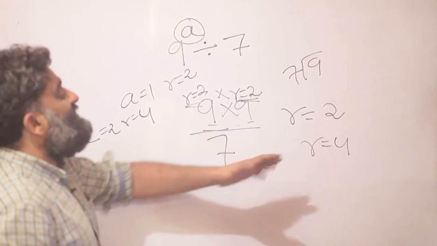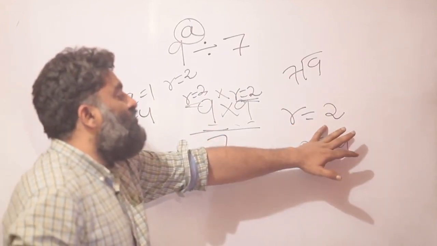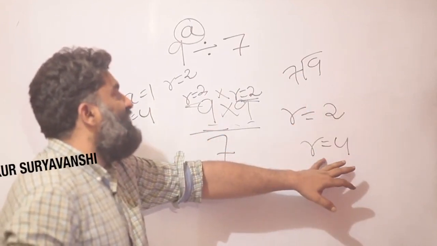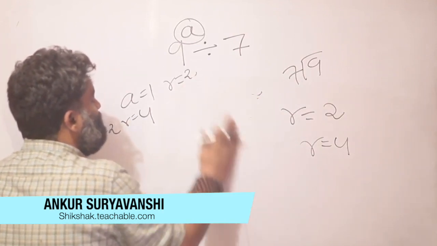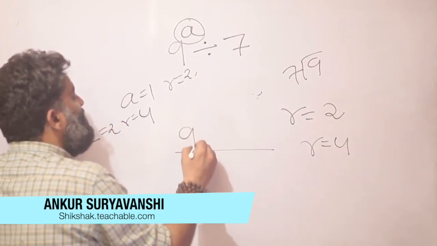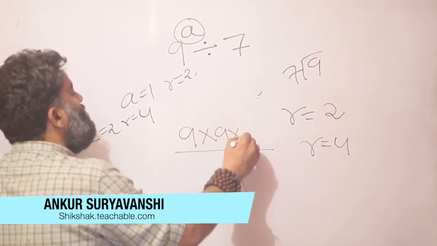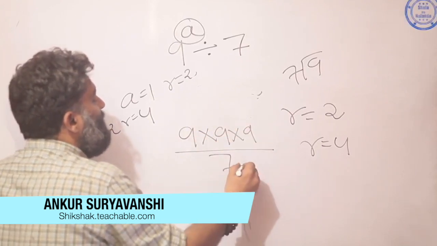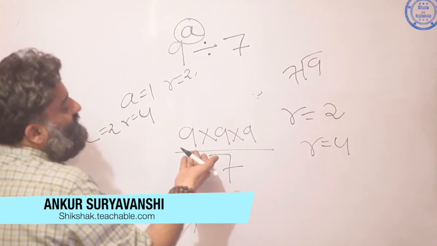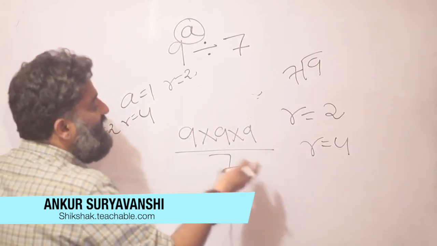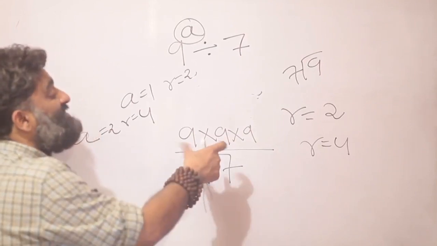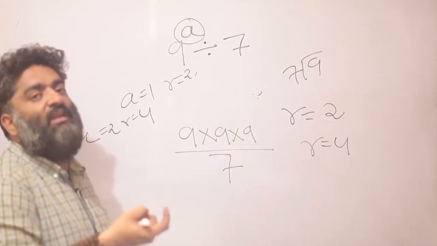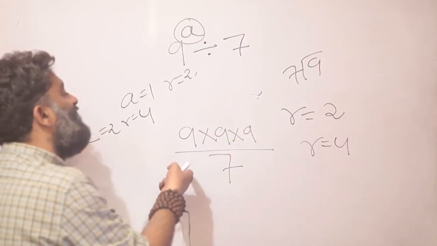So I already see that I can get a remainder as 2 or I can get a remainder as 4 as I change the power. Let's see and change it again. Let's make it 9 cube. What does that mean? This gives you again 9 cube. I can again calculate because it's still in the realm of being able to calculate. But as the number gets bigger, we will not be able to calculate. So let's start using our logic.